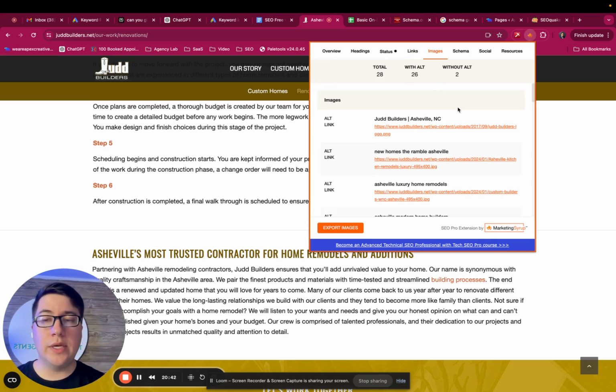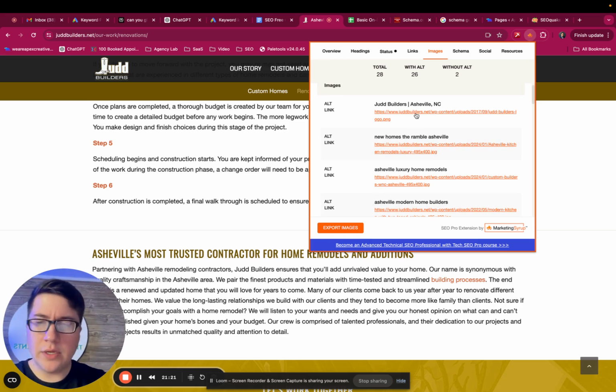The next thing that we can do is add SEO components to our images. So if we have an image of a home, we can add home remodeler to that image, and that sends another signal to Google that this page is all about home remodeling. Images are a great way to include SEO for our site. So it's sort of the same thing here. We're going to look at the images and see how many of these are optimized. We would want to record here the total amount of images for this page, and then say how many of these are optimized for the particular keyword.